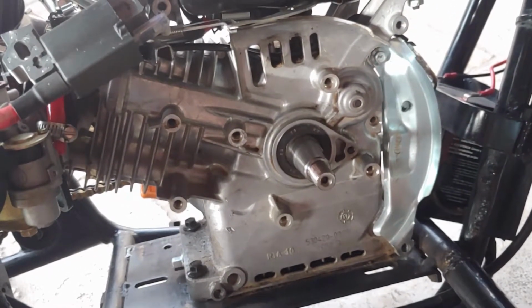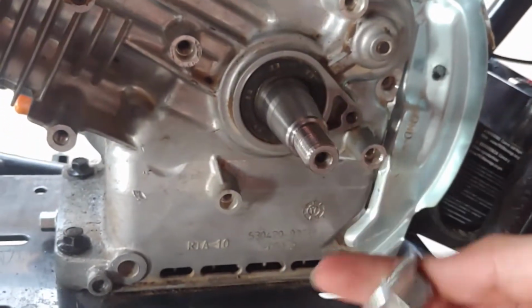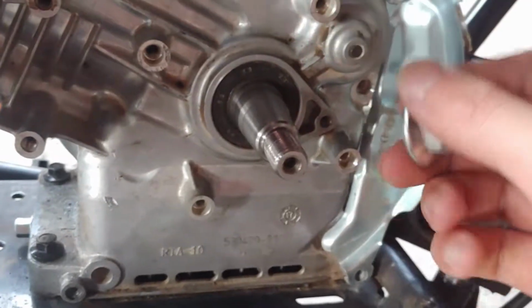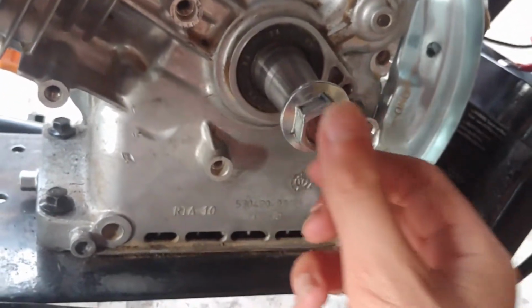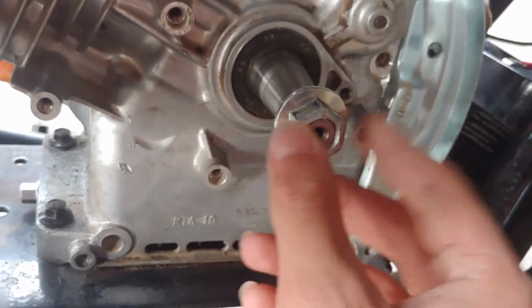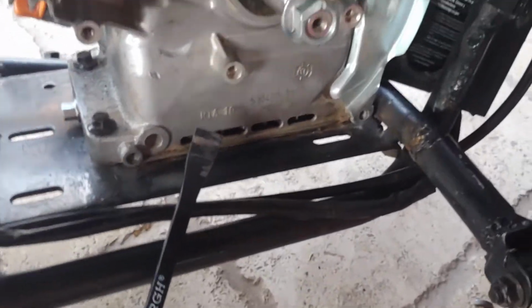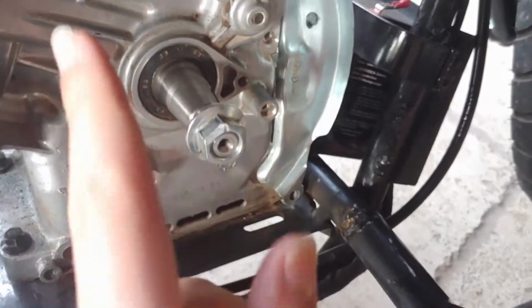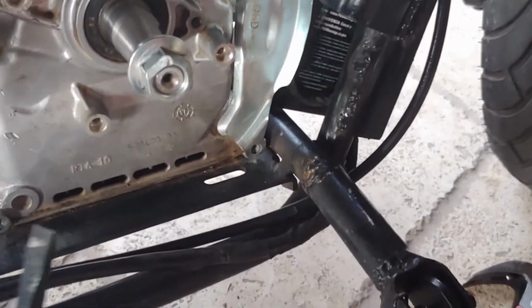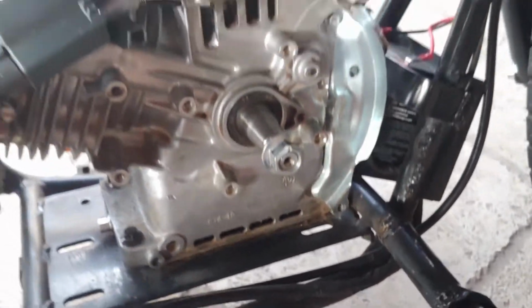It's pretty easy. What I recommend you guys do is, obviously, pretend the flywheel's on here. Screw the nut on just like this, and once it's about flat like this, you want to get a little pry bar like this. Now you want to stick this underneath the flywheel and use a hammer and pound this inwards, which will make a lot of vibration and also jam the flywheel slowly out until it will go and pop